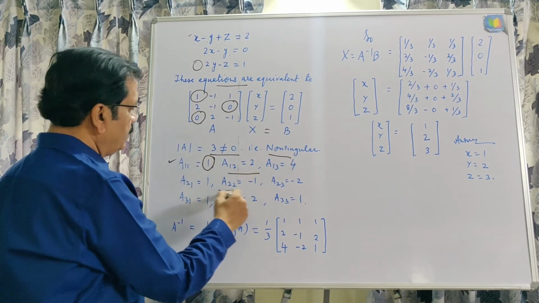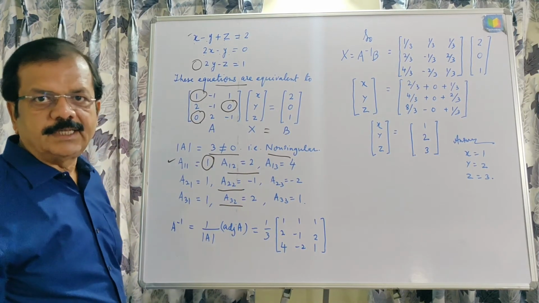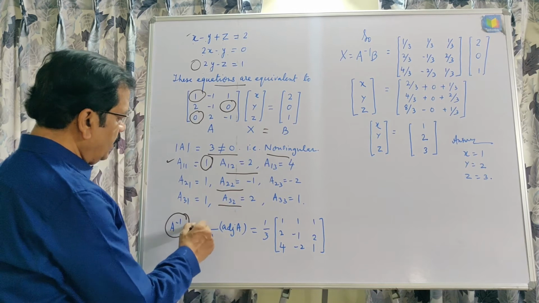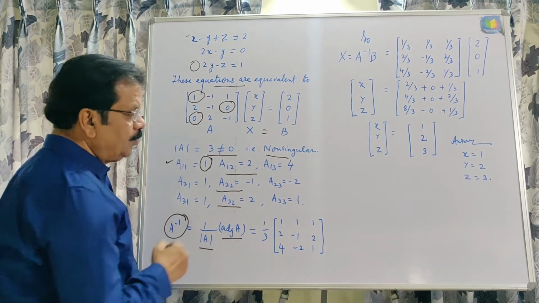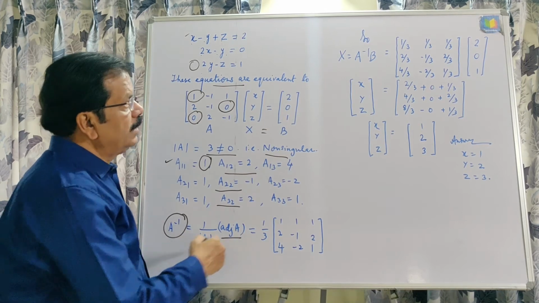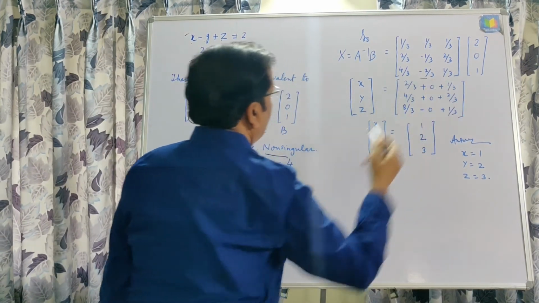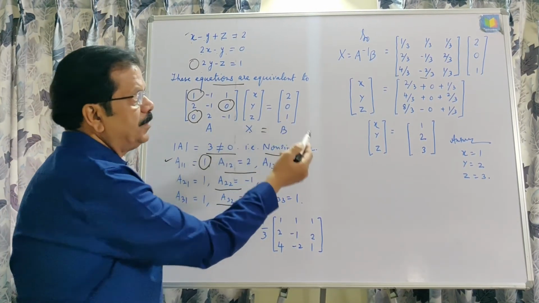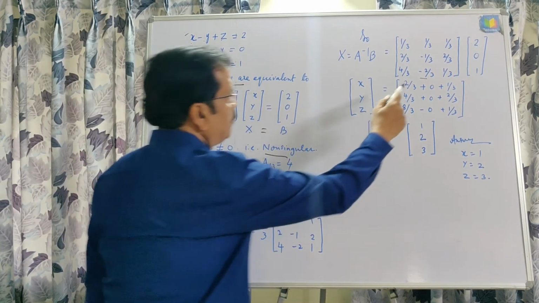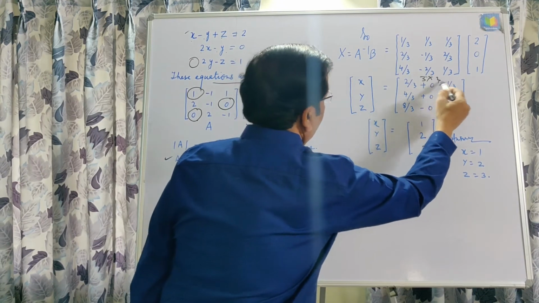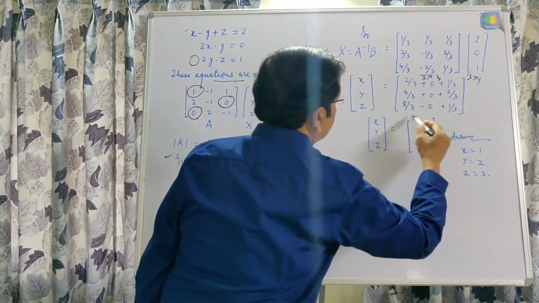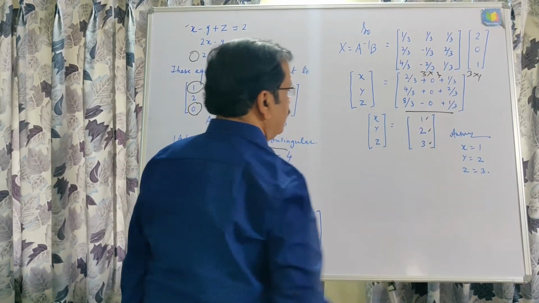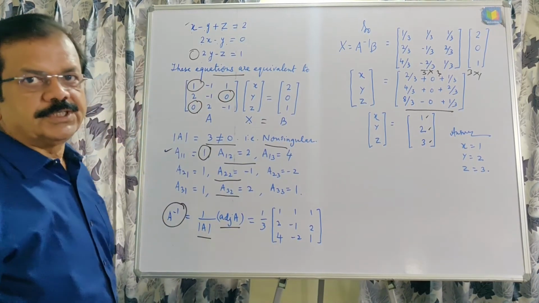In the same way we can write all the 9 cofactors of this 3 cross 3 matrix. This is very easy to write, and then inverse is 1 upon determinant of A into adjoint of A, and this way we are getting inverse is this and multiplied by B, because again following the same way capital X will be A inverse B, and then A inverse multiplied by B, this is 3 cross 3 and this is 3 cross 1, and then using this identity we are getting X, Y, Z as 1, 2, 3. Now next question.